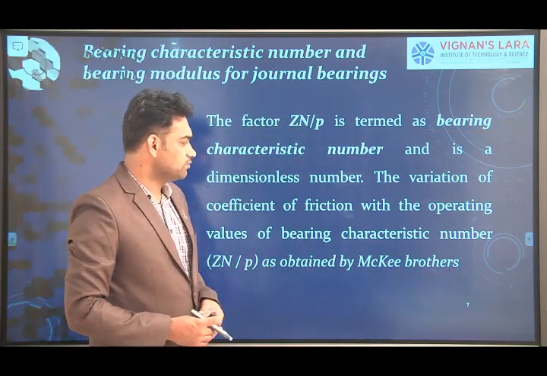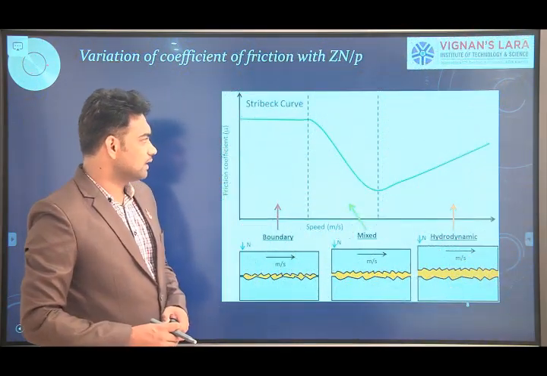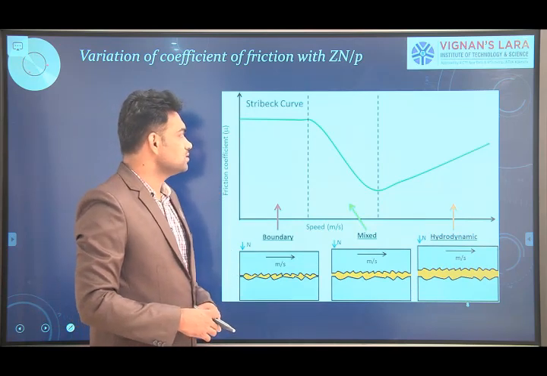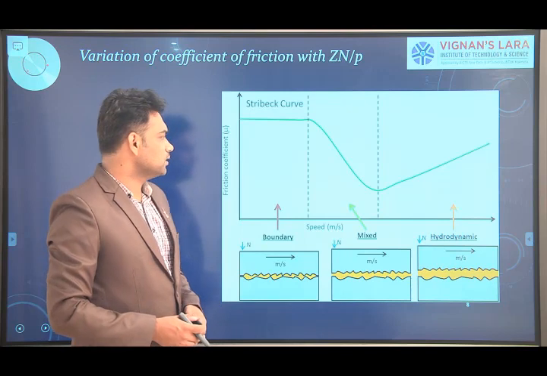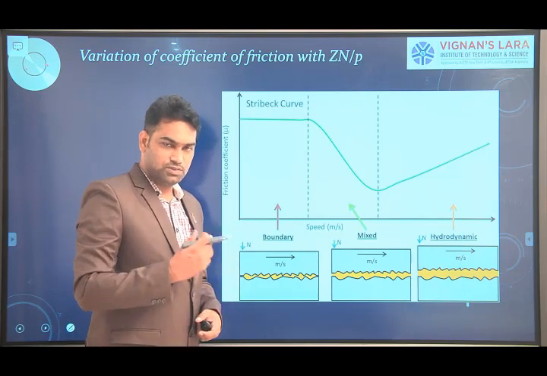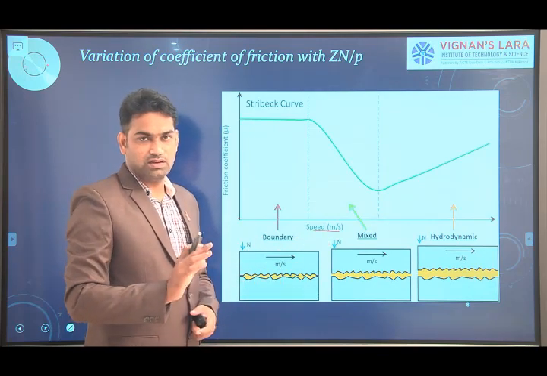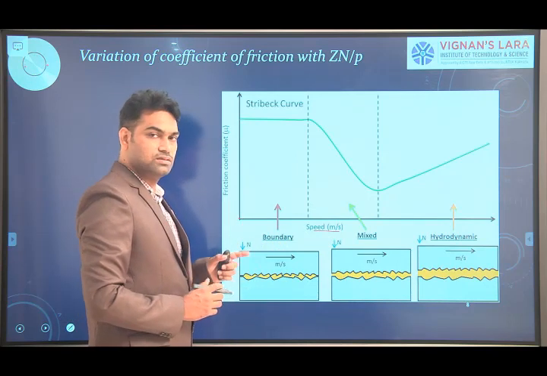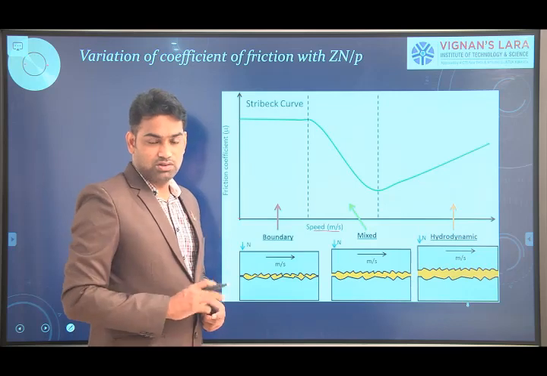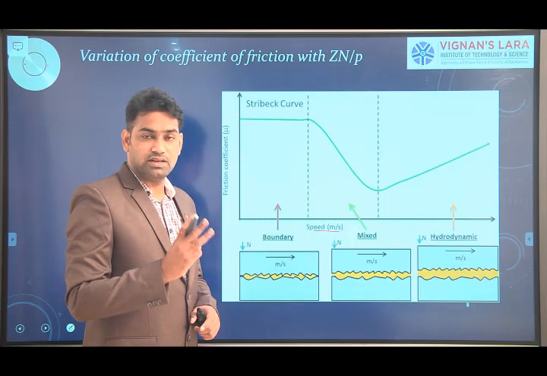Let us see the graph provided by the Mckay test results. This is how the graph looks, and this curve may also be called the Stribeck curve. If you observe clearly, this is the initial condition of the bearing. There is no operating speed present, so it is not rotating. At the initial stage, you can imagine the three diagrams we illustrated in hydrodynamic lubrication. While I am explaining, I stated three diagrams.